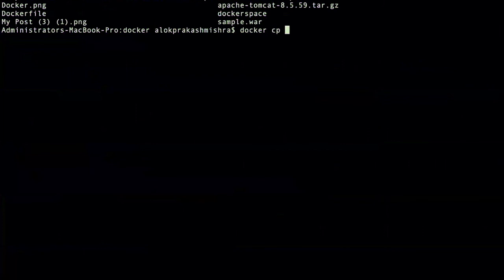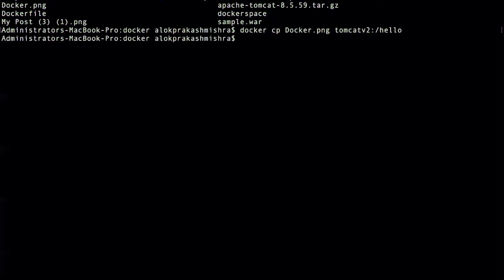Docker cp, container name tomcat v2, and I am just copying docker.png, then copying it into this container, in the directory of hello. Okay, now I copied it in container 1.